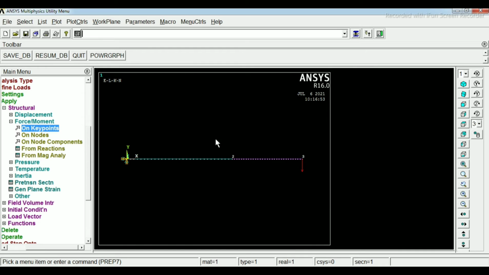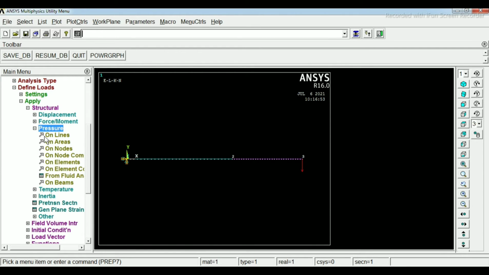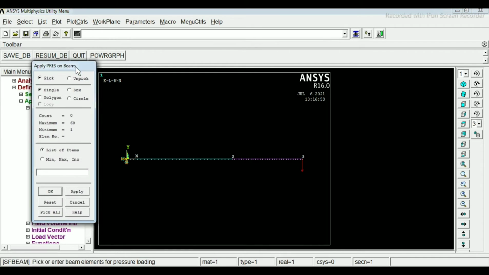Now we want the UDL from one key point to the other. So go to pressure. In pressure, click on beams, because on beams we have to give the UDLs. There is the option box, so select the box and create a box from 1 to 2 and then click on OK.